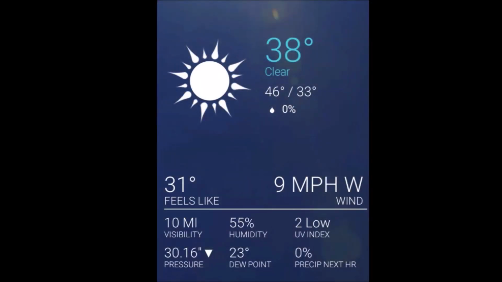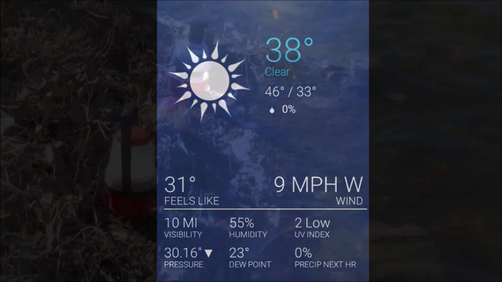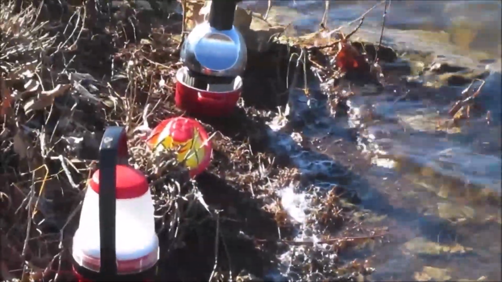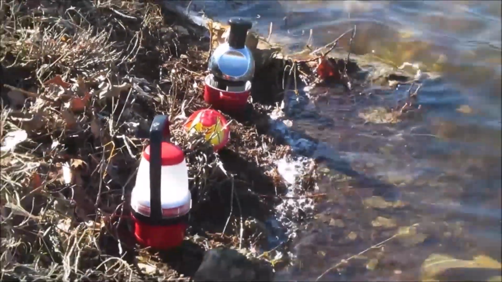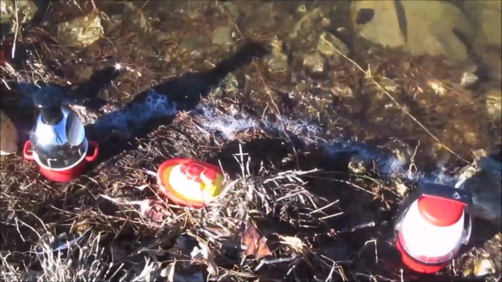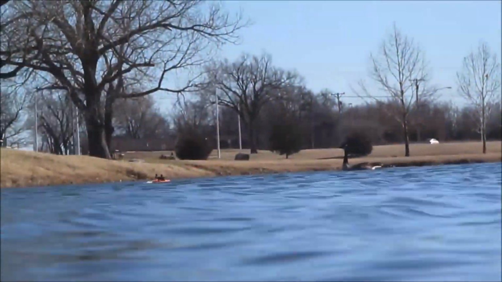This last observation takes place on a clear day at 38 degrees. Because there isn't extreme variation in temperatures between the air and water, we see the boat appear to sink below the horizon.